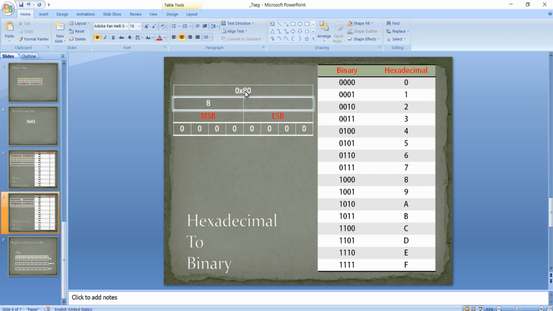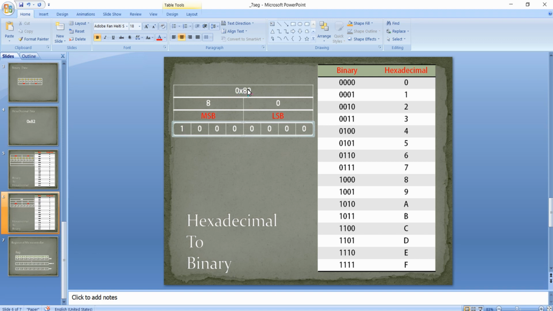MSB is nothing but 8 and LSB is nothing but 0. 8 in hexadecimal is equivalent to 1000 in binary, and 0 in hexadecimal is 0000. Now you can see the bit 7, that is Q7 or QH of the shift register, will be lighted up when you pass the data 0x80.